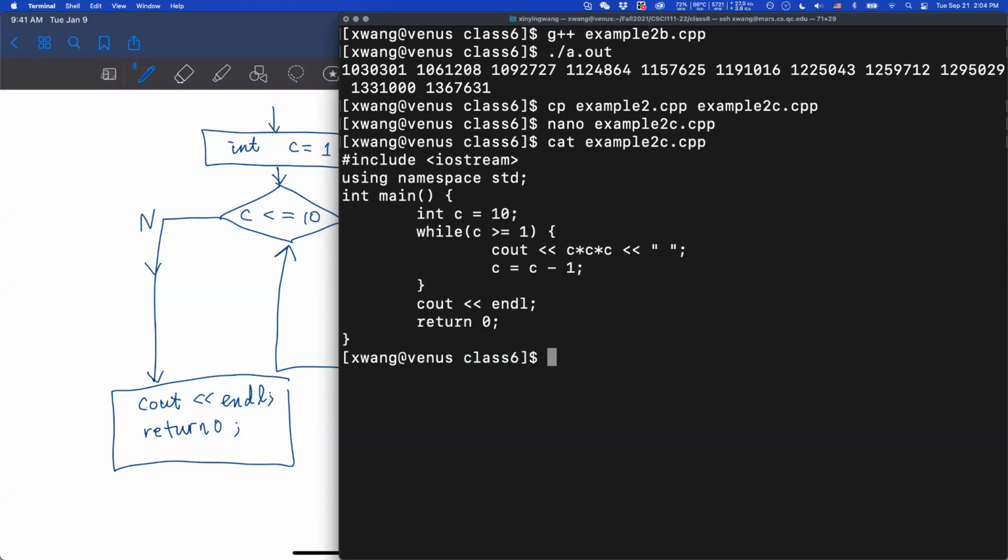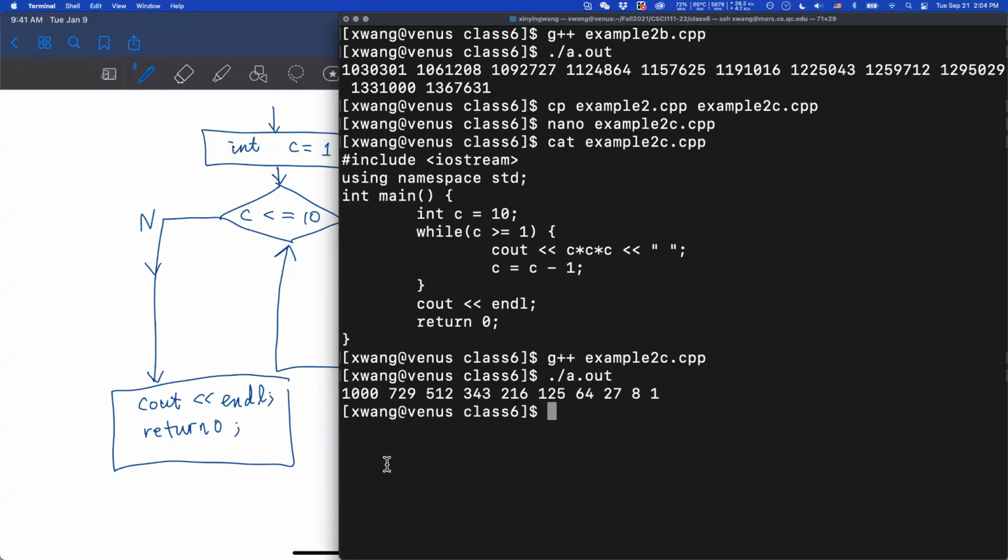So here's our code. And then when I compile it, you see it prints the cubes backward.